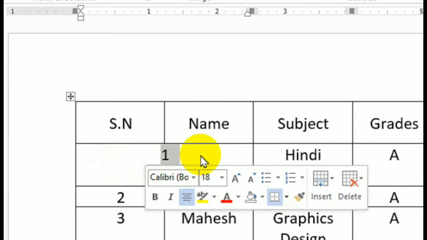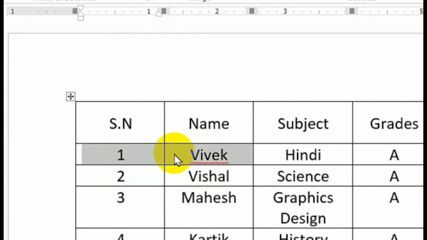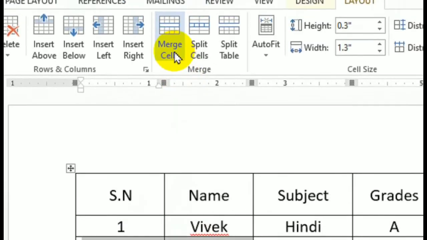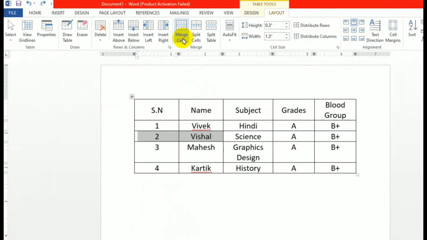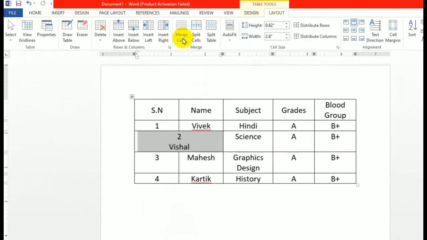Here serial number 1 and my friend's name Vivek have been merged. With the same process we can do it on another cell: just select one or more cells and click on Merge Cells, which is present inside the Layout tab.